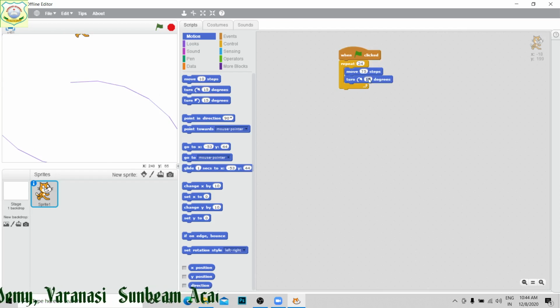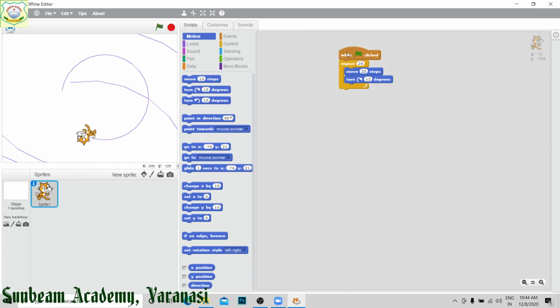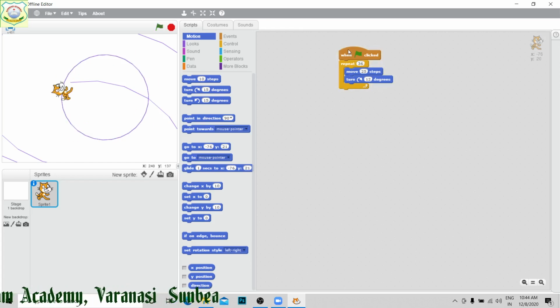No. 360 by 22, 12 degree, suppose I am going to take. I am taking this 25. Now it's a circle, right?